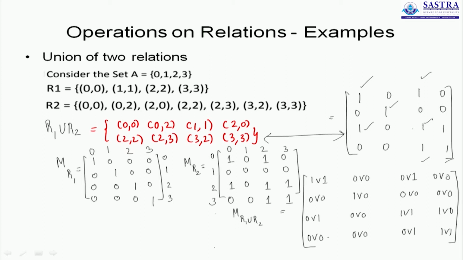So instead of comparing element wise and finding out whether they are present, you can directly do a disjunction between these two matrices and get the answer. Or in other words, you will just do a Boolean addition and end up with an answer like this. This will also help you perform the operation of union in a simpler manner.